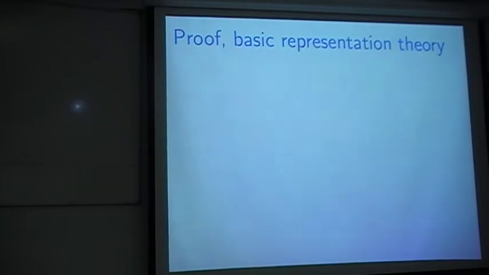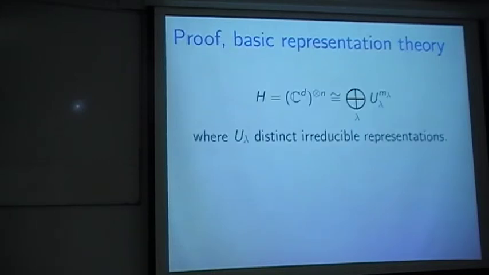So a representation can be of this form, or maybe it's not, and if it's not of this form, it's called irreducible. And a basic fact is that every representation splits into irreducible representations, and the same irreducible representation can occur several times. So here I write H as the direct sum over its distinct irreducible representations, and m lambda is the number of times it occurs. So that's one fact I need.